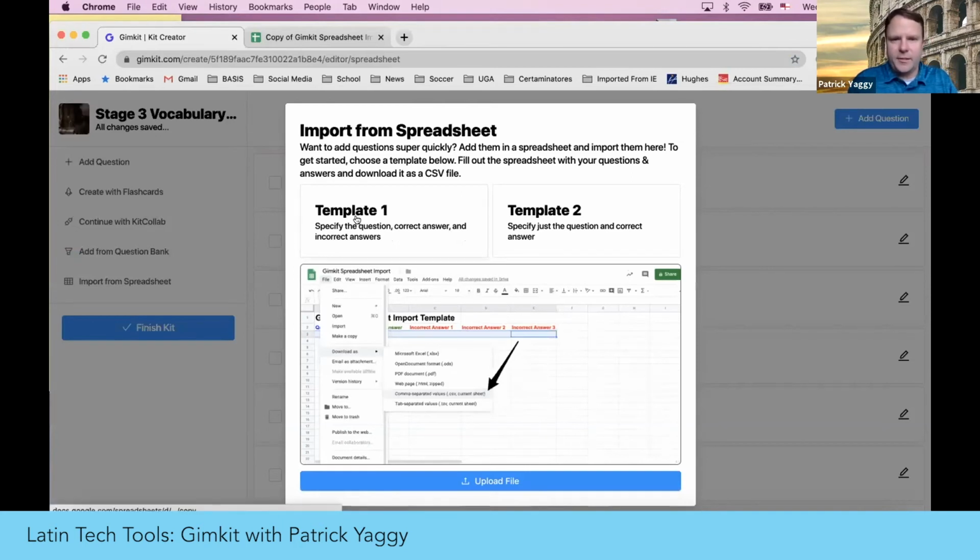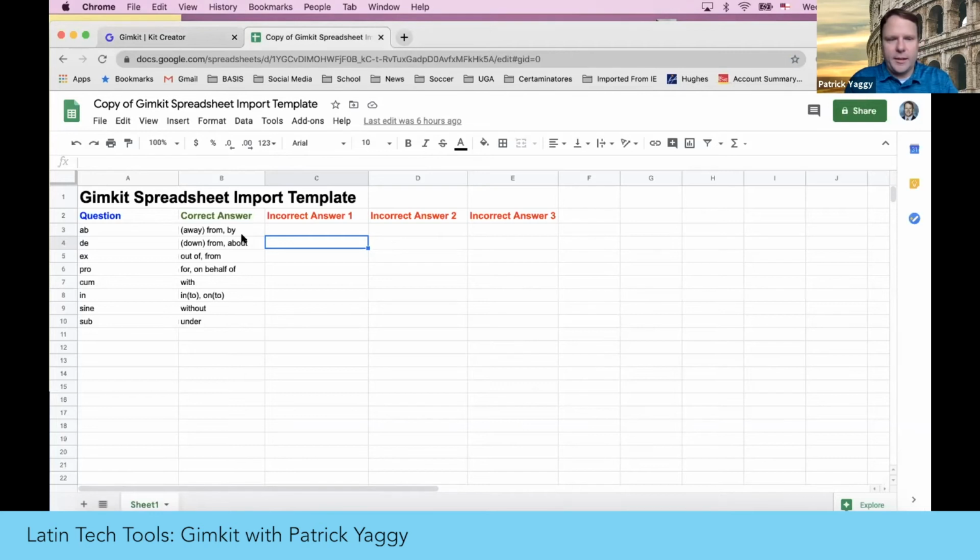You're going to click on this template or that template, and it's going to open up a Google Sheet. This is template 1, and it gives you a column for the question, the correct answer, and then all the incorrect answers. Here is a really easy way to upload a whole bunch of questions all at one time,